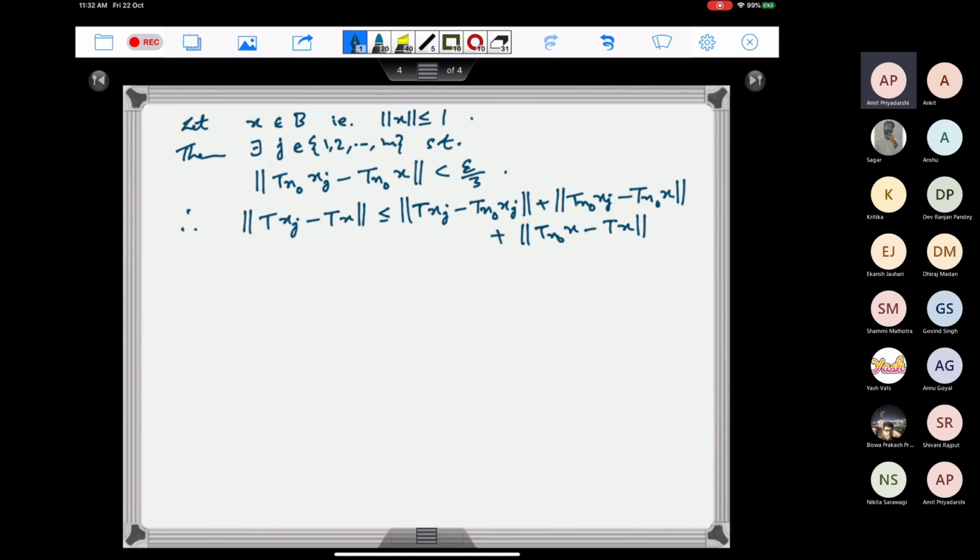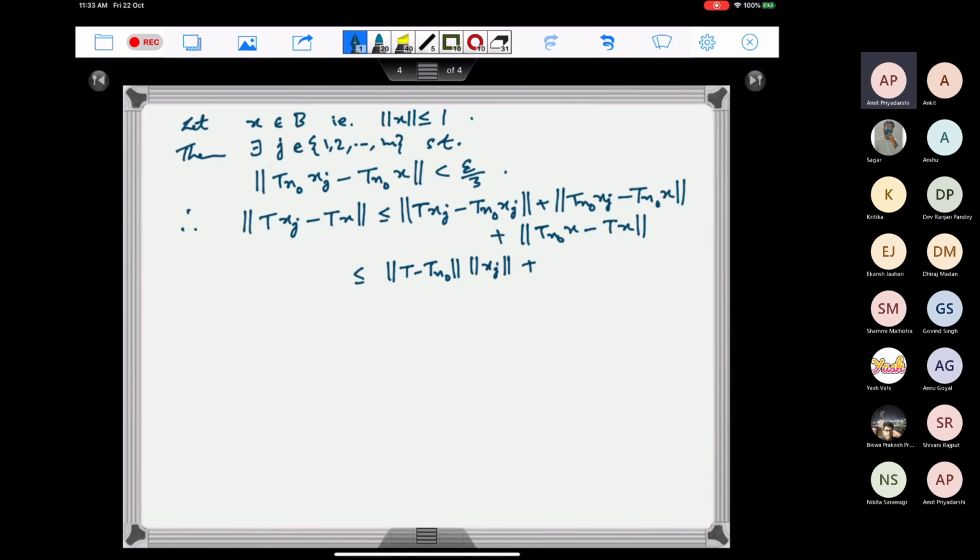This is by the triangle inequality. Now the first term, T of xj minus T_{n0} of xj, is less than or equal to norm of T minus T_{n0} times norm xj,